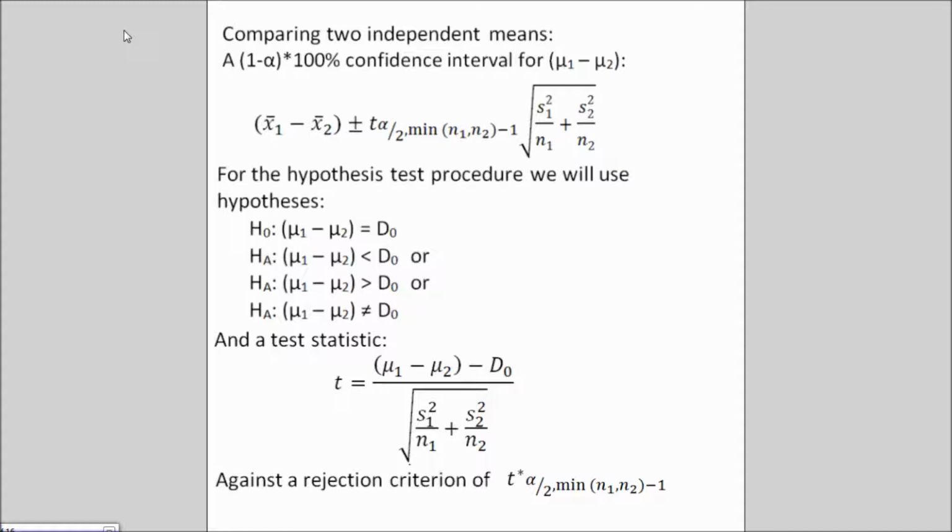Now, when we have two independent means, meaning that they're drawn from two independent samples, two independent populations, we can develop a confidence interval, which is the mean of the first sample minus the mean of the second sample, plus or minus the t, using the lowest of the sample sizes, sample 1 or sample 2, minus 1 for the degrees of freedom, times the square root of the variance, the square of the standard deviation, divided by the sample size